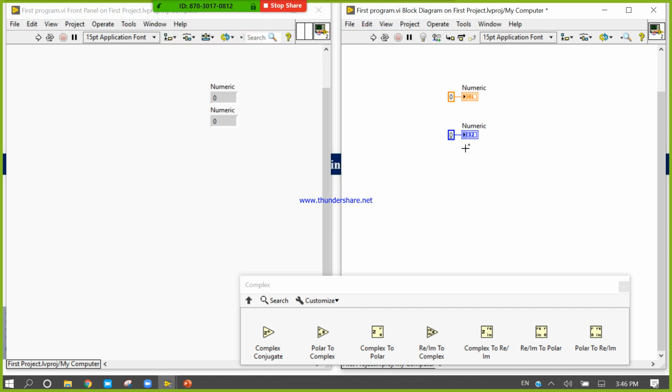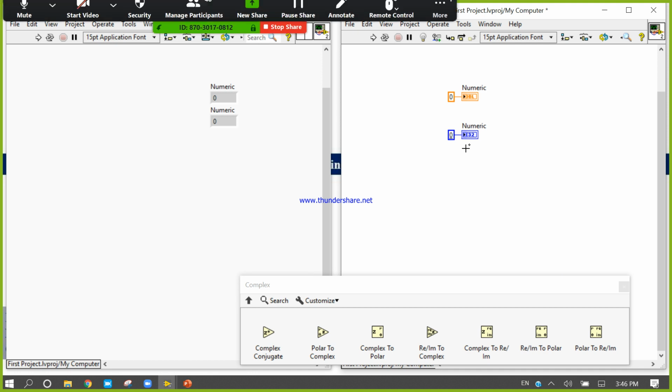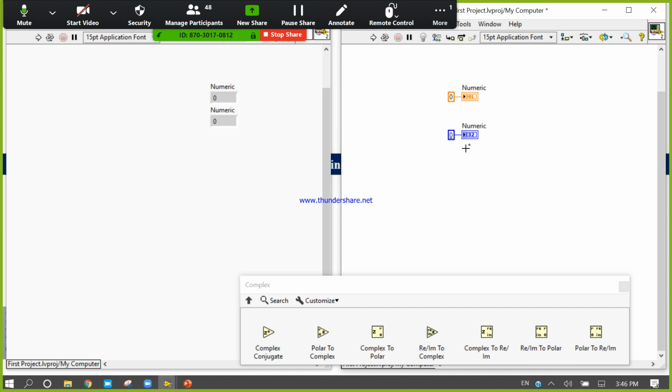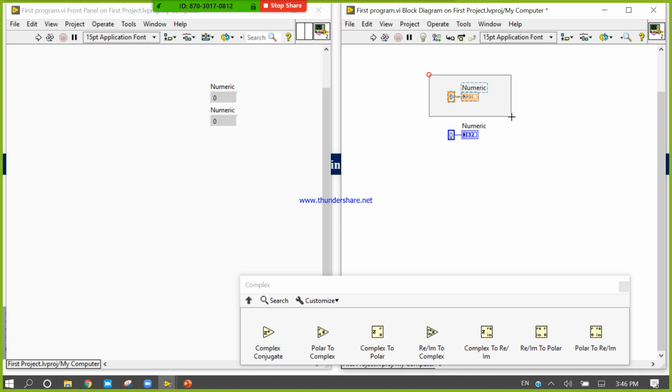Integers have two types: signed integers and unsigned integers. Some start from 0 to infinity, and some from minus infinity to plus infinity. DBL is called floating point.